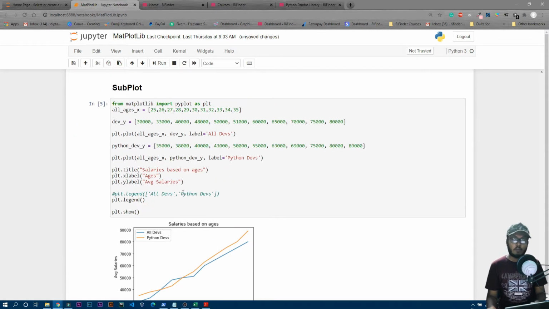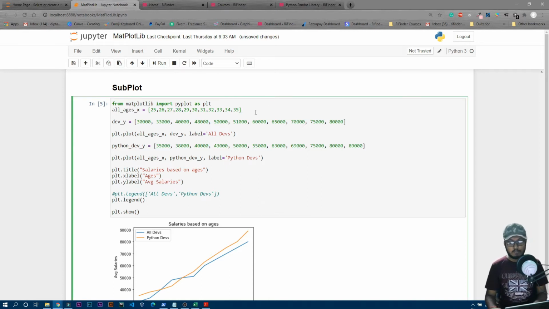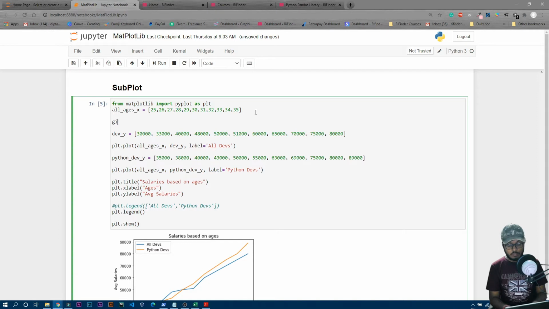And to use subplots, first of all, we obviously need to learn the basic things. To create a subplot, you just need to write over here fig. You can write anything over here, it is a variable name, so it is not case sensitive. Let's just make ax, and that will be equal to plt.subplots. That means instead of writing plt everywhere, we can just write ax.